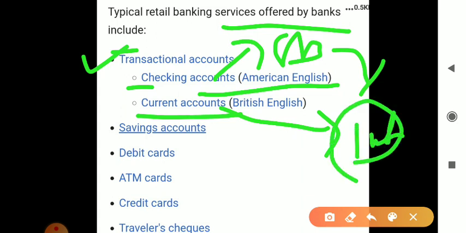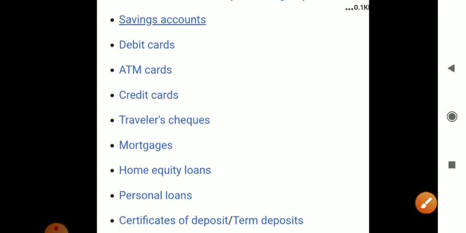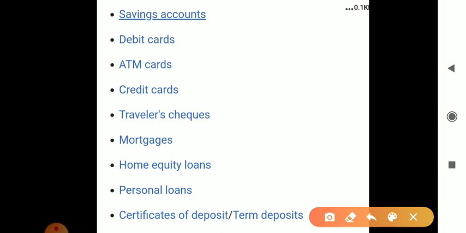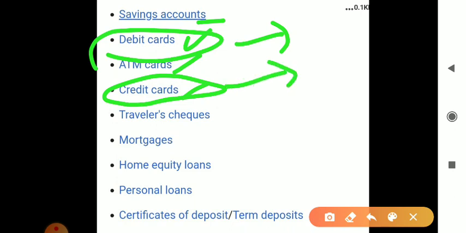Some other facilities are there for the high net worth customers with respect to individual banks. These are the facilities: debit cards, ATM cards, credit cards. A debit card is something like a prepaid card. Whatever amount is available in your account can be debited by using the ATM or debit card. Credit card means a credit facility. In it you will get some credit, something like 50,000 if you are using that limit, and you need to pay within the next some days, right?